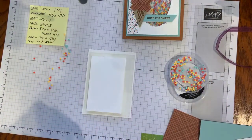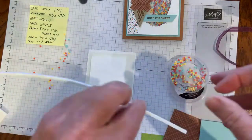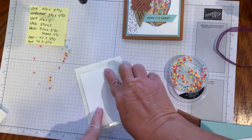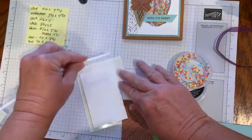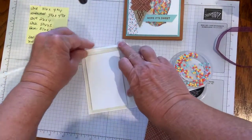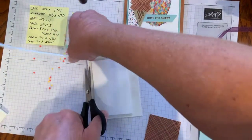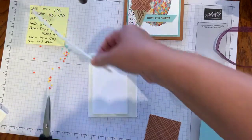So, you know, we could use Stampin' Dimensionals, but I'm not going to. I'm going to use these foam strips because they are the same height as my base here. So I'm going to just layer my foam strips all the way around here so that it just has a nice